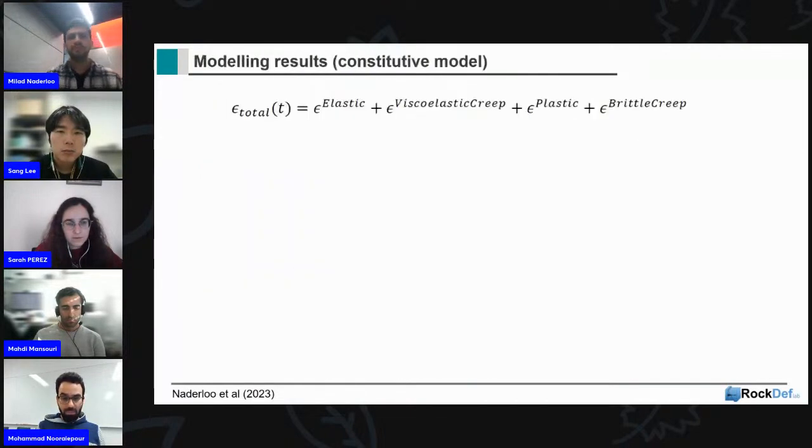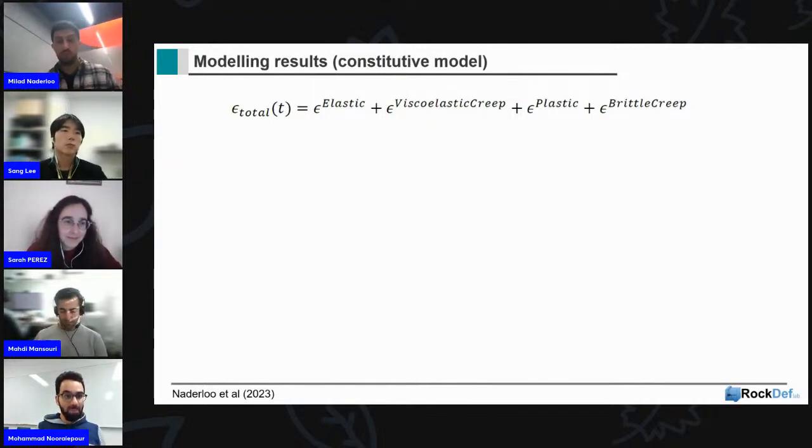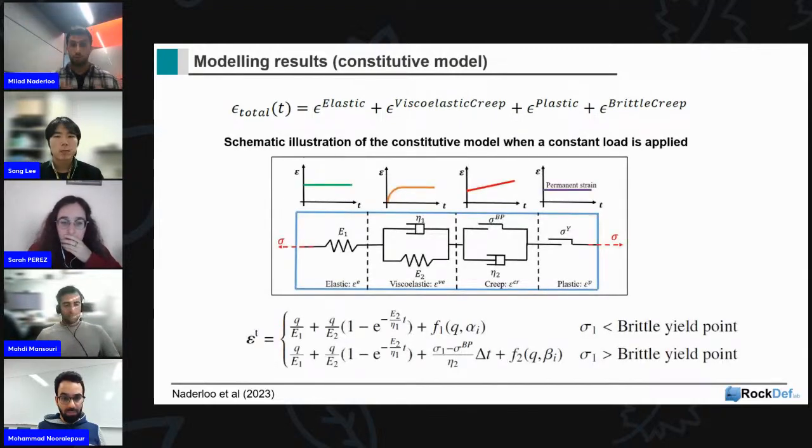So this is what we are observing in the lab, but of course many people may say this is just homogeneous, nice, intact rock you are testing. Of course, then we need to come up with constitutive models that can capture all these observations that we have during the experiment. Then we can think about upscaling it.